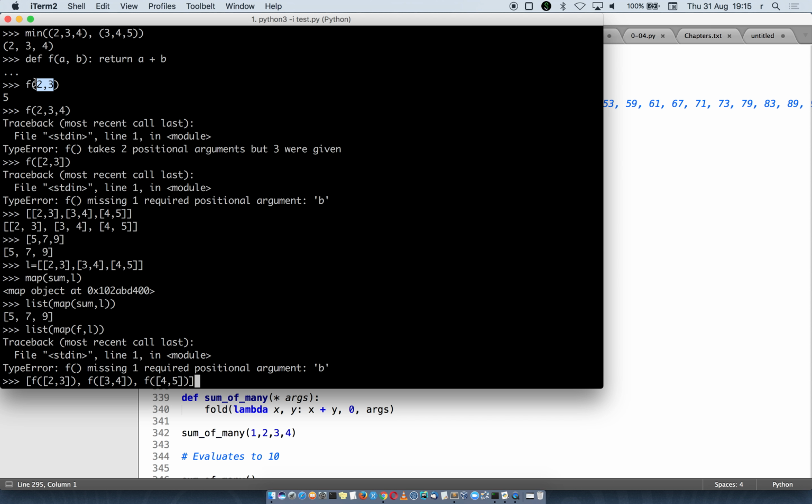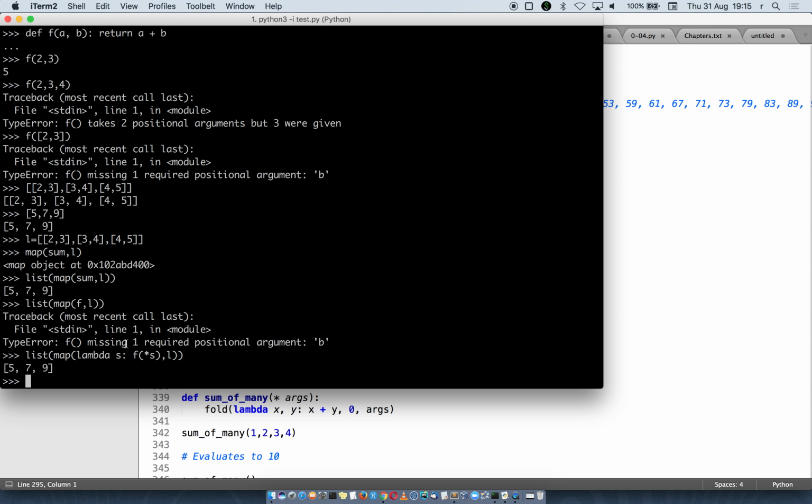So there's a standard feature. All right. So I'm going to say map, and I'm going to say lambda t, which is a list. Make it a sequence, right? Lambda s, and I'm going to say f applied to star s. So this star s, this star that we put in front, will convert the list into separate arguments,